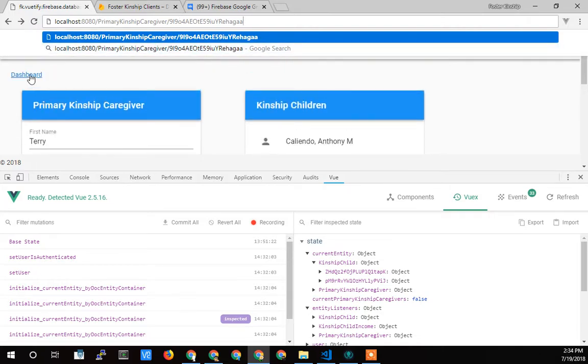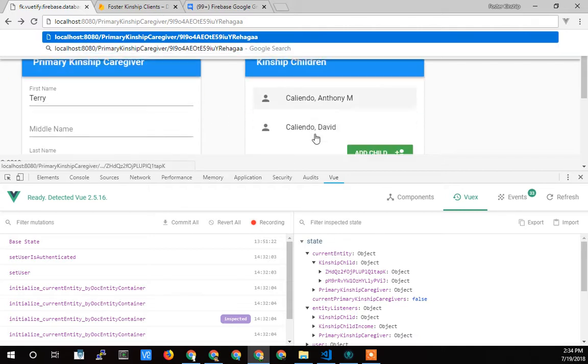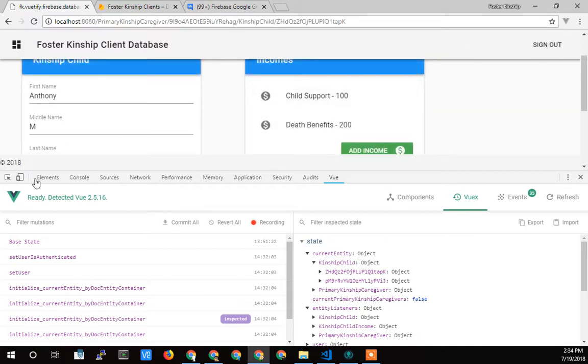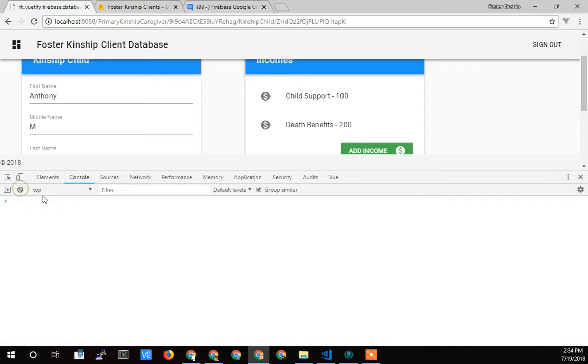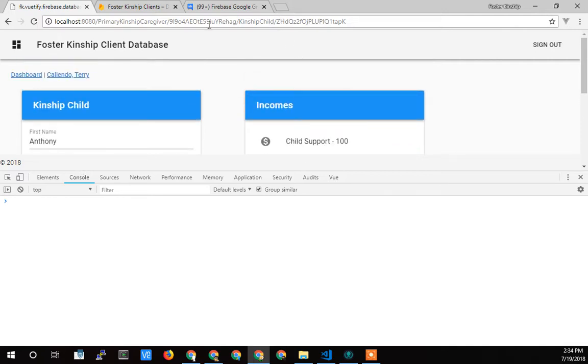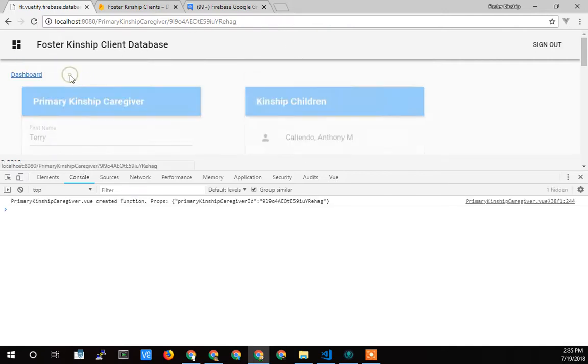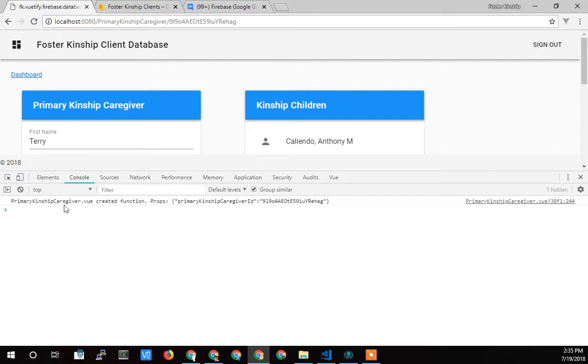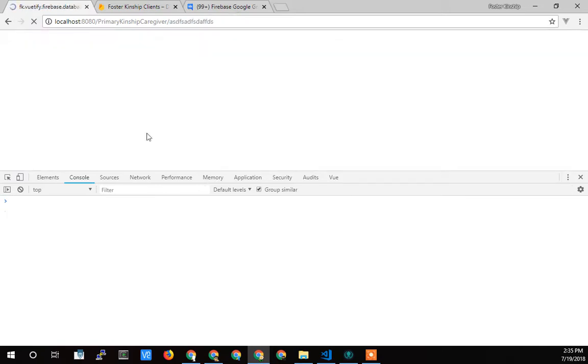So if I go back from here, actually we can look and see. Let me go to the console and clear. Now the question is, when I go back to the Terry, do I get, here's the, and I have this in my code to do that. Primary, so the created function was loaded. So when I went back, it did reload it because it had destroyed the view. But if I was to go like this and change it to just something random, I'm betting I won't get the